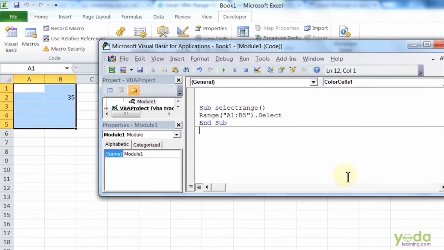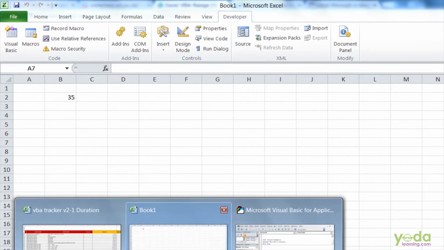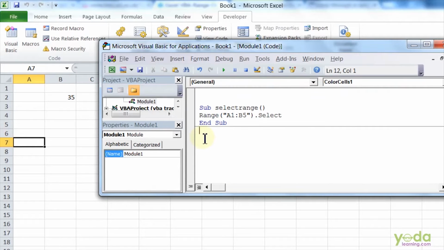Say if you want to select a range from the current cell to B6. Say my current cell is A7 and I want to select the cells from the current cell to cell B6. How can it work? I'll say Sub SelectPart, Range.